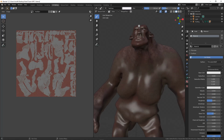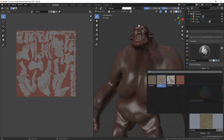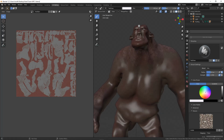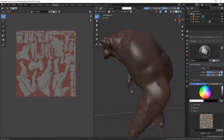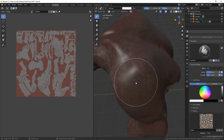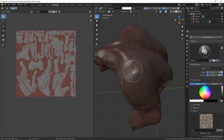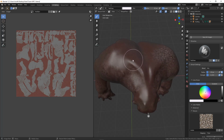So I'm back in texture paint mode. I'm going to go back to my tools here, open up textures, and I haven't used this one. Now I'm going to be careful with this one because it's quite identifiable as sort of pebbles. So I'm going to make sure my radius is smaller, but my brush strength is down, and I'm going to try and give him sort of a scaly pattern up here across his shoulders, and same over here. It's almost kind of stamping him here,